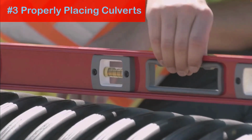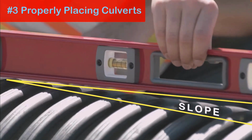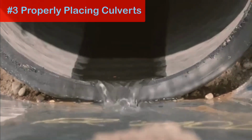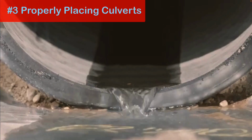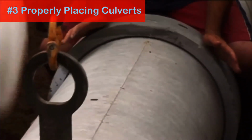And carefully check your grade to make sure your pipe does drop on the far side so that all of the water can drain out of your culverts. Otherwise, you're creating a breeding ground for mosquitoes. Now, after all of your pipes are in the trench and you've got them seated,